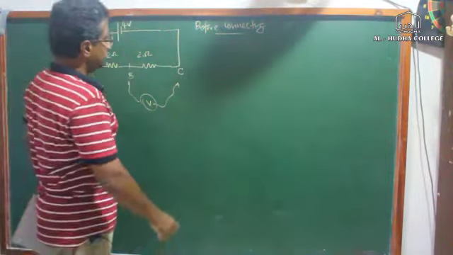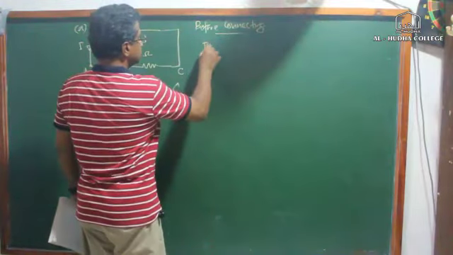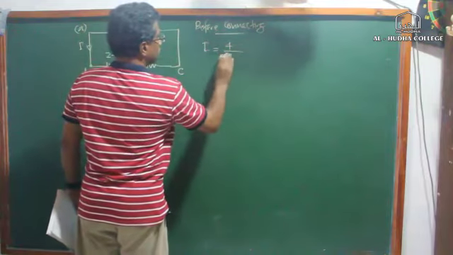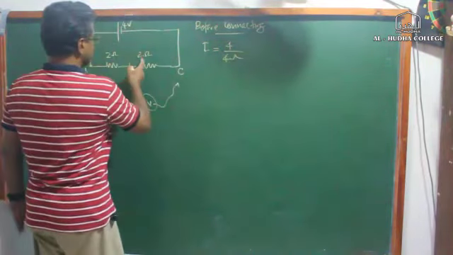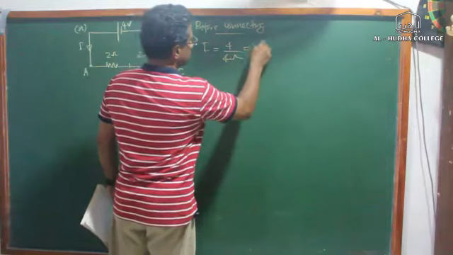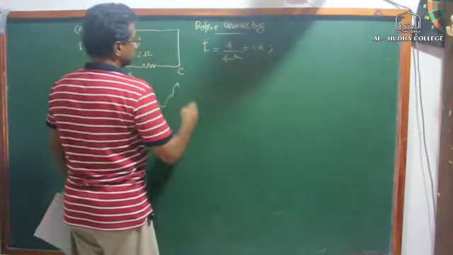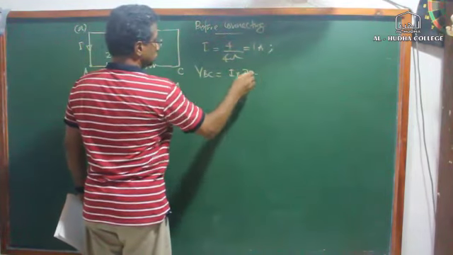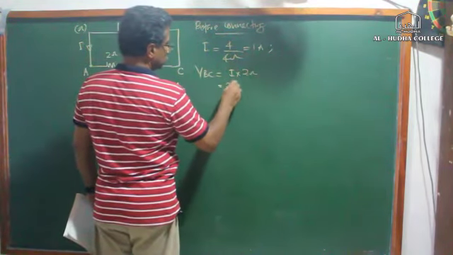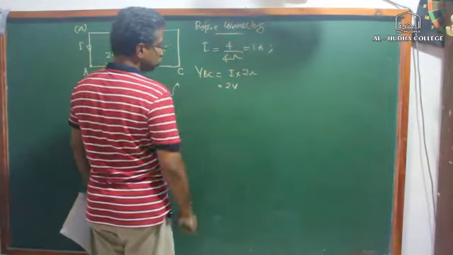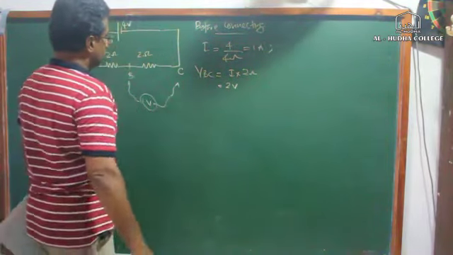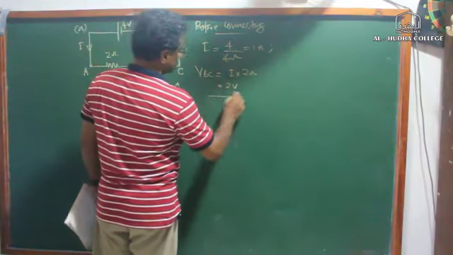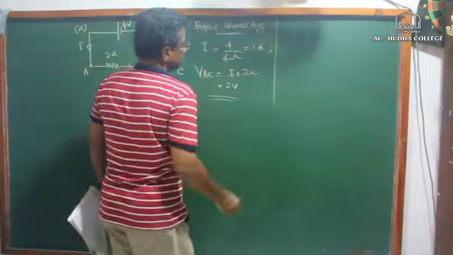So before connecting, I is 4 divided by 4 ohm, 2 ohm plus 2 ohm, 4 ohm, so that is 1 ampere, and VBC is I into 2 ohm, that is 2 volts. So we know that VBC is 2 volts. We can use this galvanometer to measure voltage between B and C. So that is confirmed. Now after